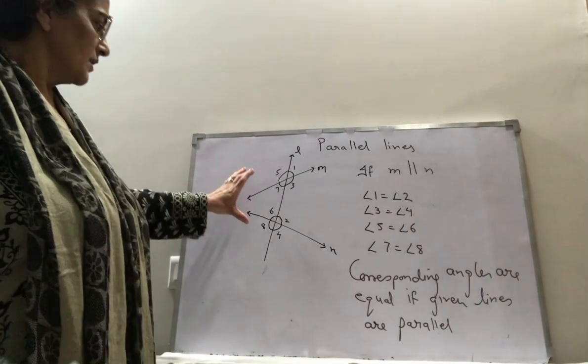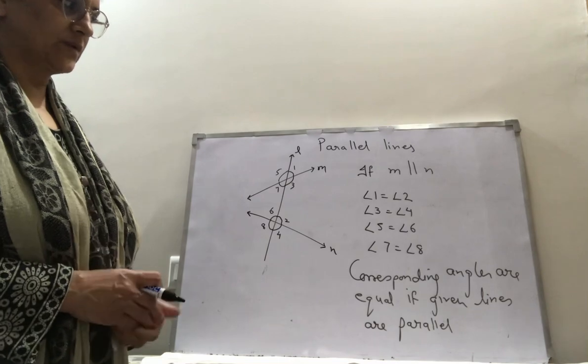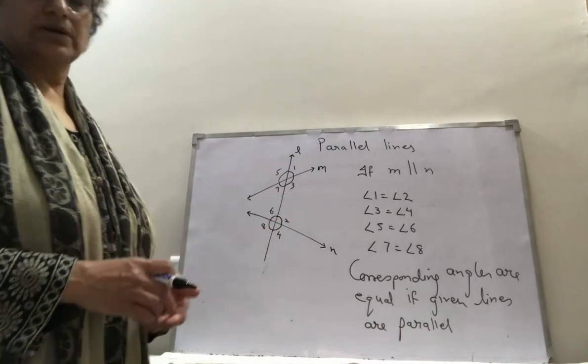So if the given lines are parallel, my corresponding angles will be equal,